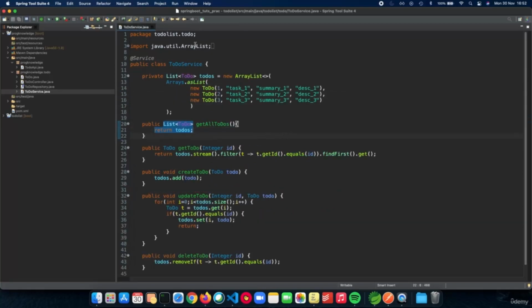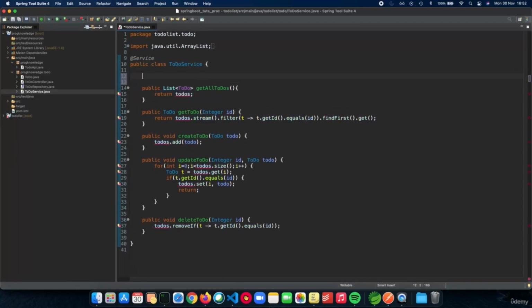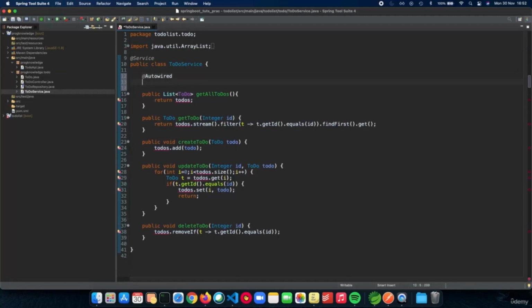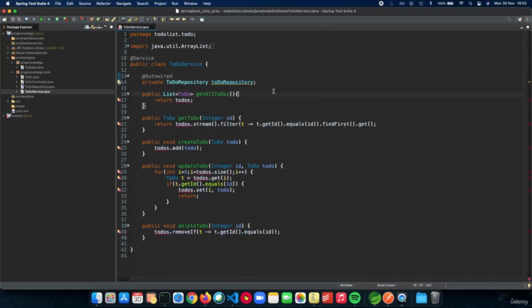And all we have to do is work with the to-do service. So let's get rid of our list now, or get rid of our database now. And yeah, now the first thing which we need to do is add a dependency, which is the to-do repository. So we need to auto-wire it. So autowired and private to-do repository, to-do repository. Yeah, so let's import autowired. Great. So we have our to-do repository here, and let's see how we can work with this, or how we